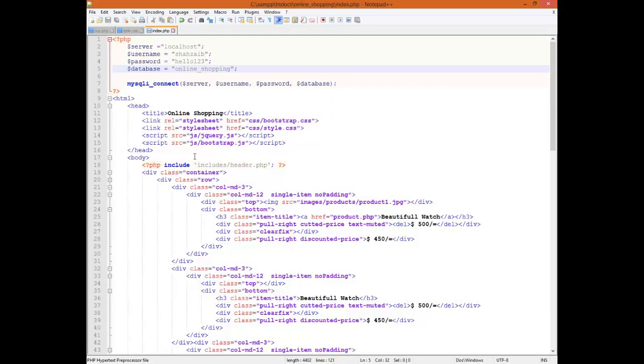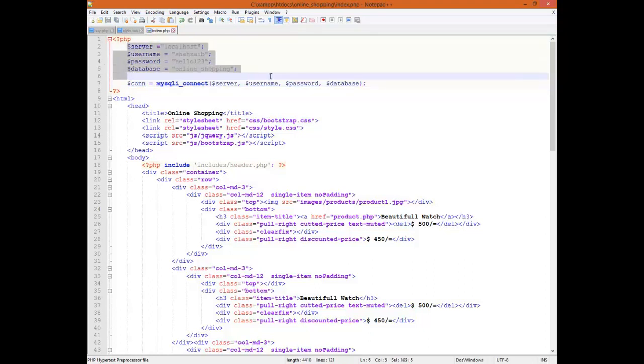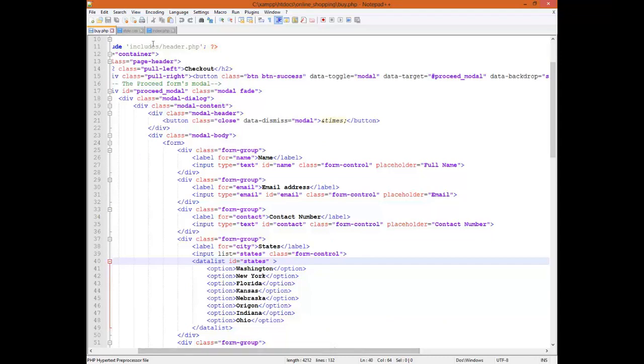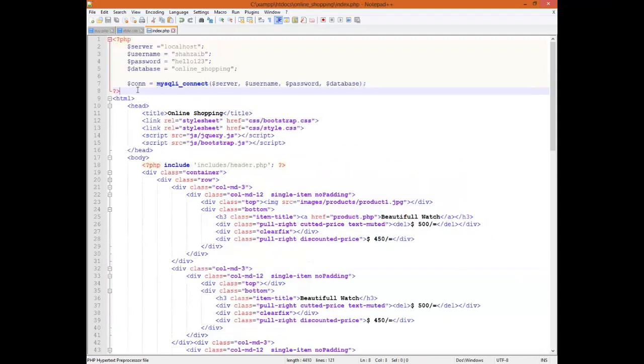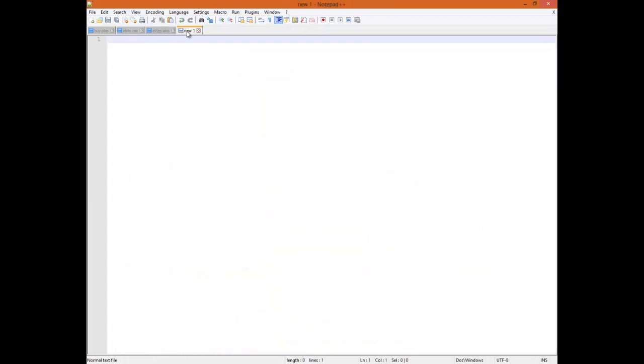Now we have to use this mysqli_connect multiple times, so we have to save it in a variable, any type of variable, but the most famous is conn. People use this a lot, often. Now the other thing is we have to type all these things in a buy page and the product page, because wherever we want to make a connection with the database, we have to type this. This is necessary. So why not we just cut this from the index page as well and just save this